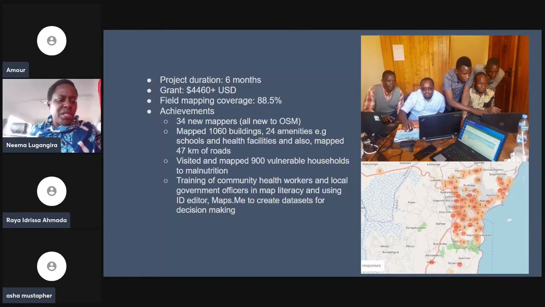Just so that we can also make sure that we bridge the rural digital gaps and ensure that in peripheral regions like Kagera, it shouldn't be difficult when you come into the area to find people who have mobile phones but don't know how to use them for work purposes, the data literacy, data skills. A lot of the people whom we trained have mobile phones, but all they do is use them for things like WhatsApp and telephone calls. So this is a very, very important project, and it is our hope that